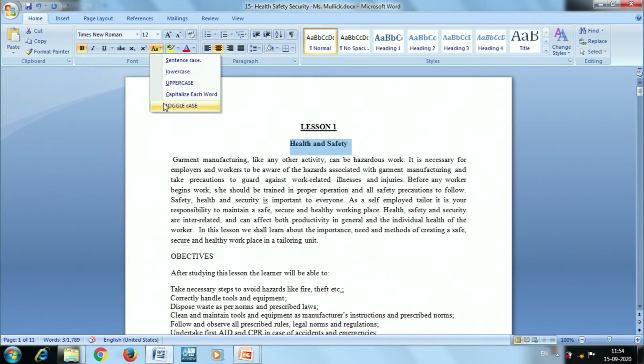The toggle case will do the reverse of whatever is present. If the contents are in lower case, it will make upper; if they are in uppercase, it will make lowercase. I want to place my content in uppercase, so I am choosing the uppercase option. So here my title has been made full caps.